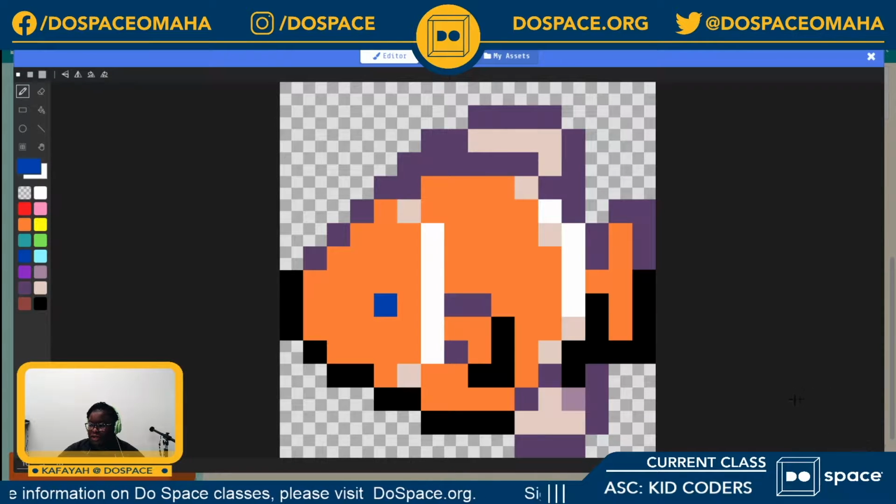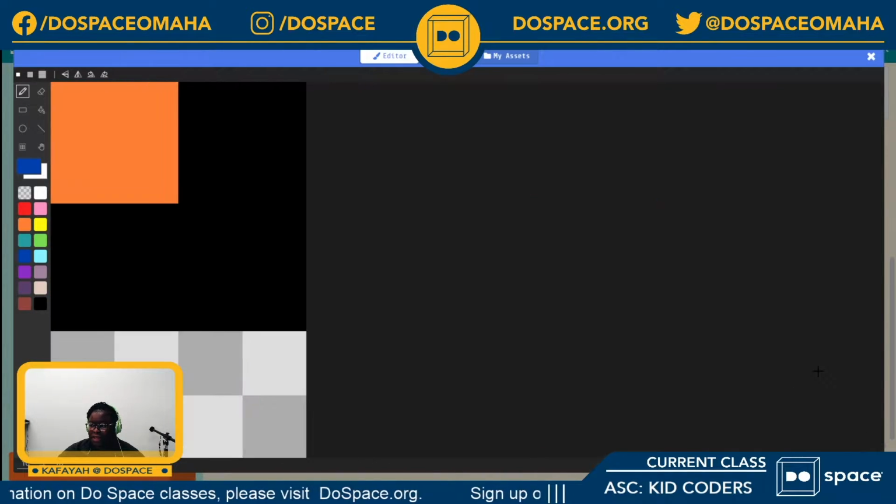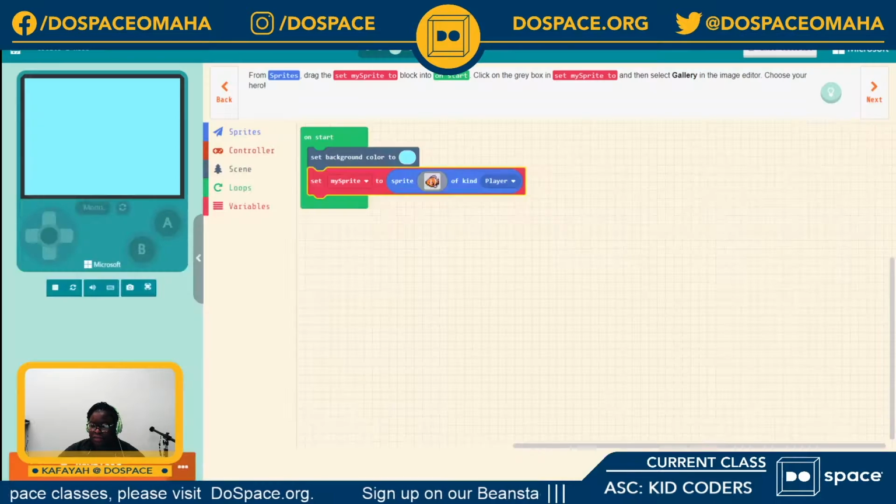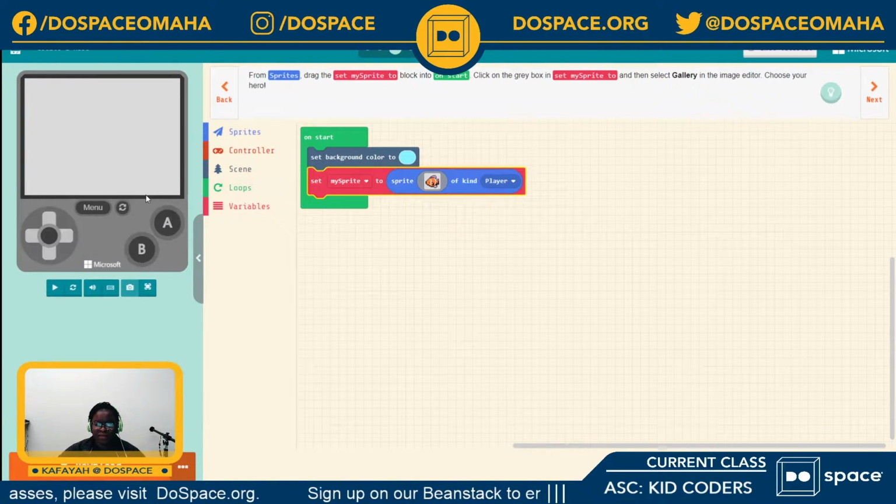And once you're done, at the bottom right here, you can click done. And we have set our sprite to fish. And now you can see the fish in here. So technically it's in the ocean, since our background is blue, so it gives the illusion of water also.